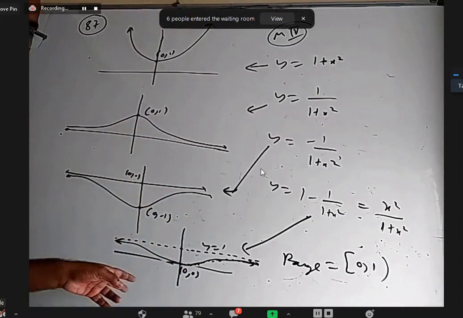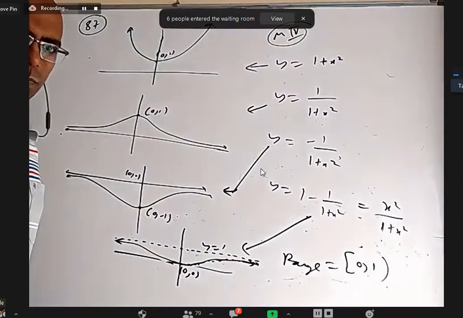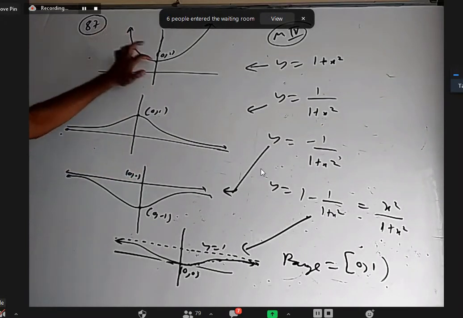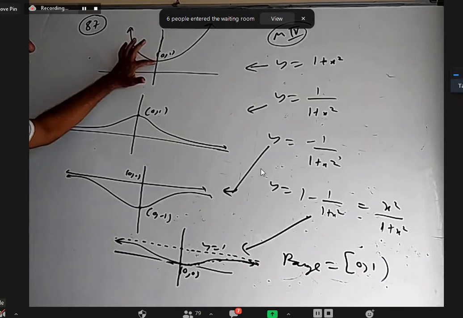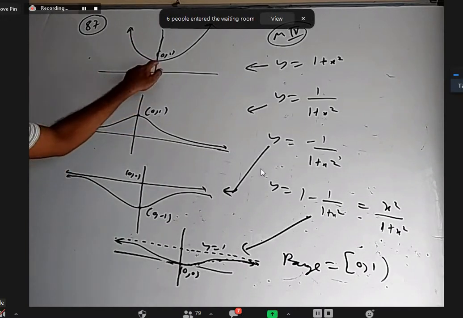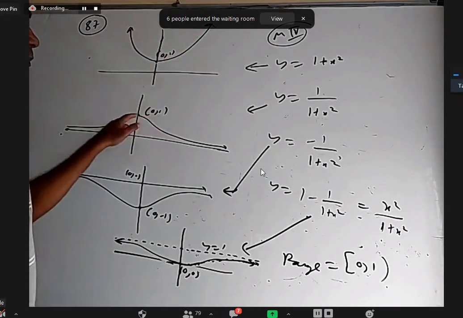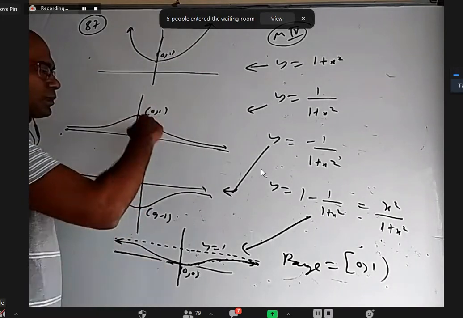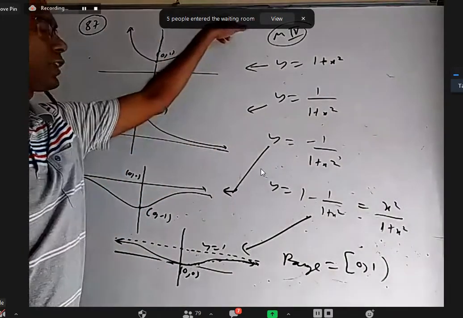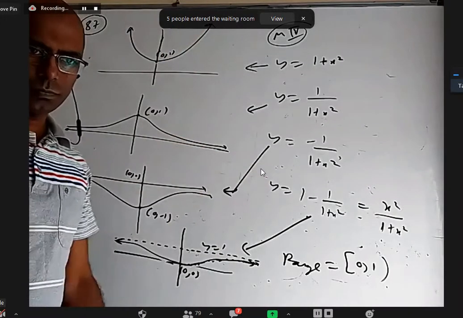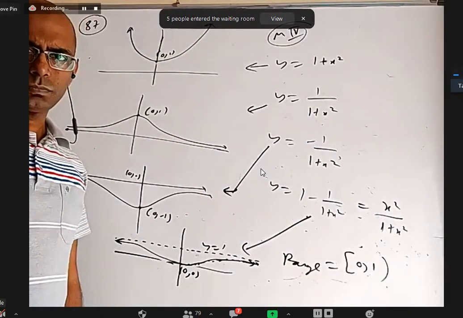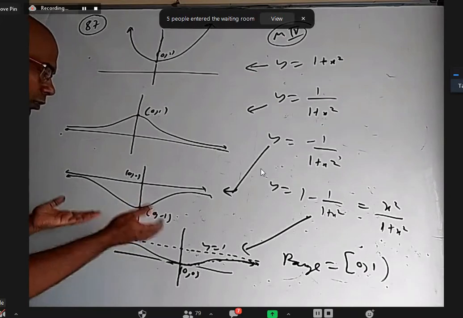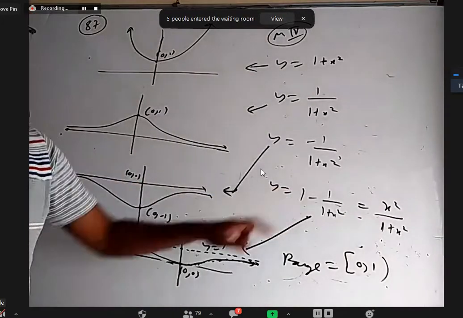So graph, nobody has any objection, right? No, sir. Sir, once explain the second graph, sir. Okay, from here to here. Yes, sir. I want to take all these values and take the reciprocal. Here the y coordinate is 1, so when I take the reciprocal of 1, it will be 1. After that, my y coordinates are increasing, so the reciprocal should be decreasing. You take any positive number and take the reciprocal. As the values increase, the reciprocal values will decrease. Finally, when you reach infinity, the reciprocal will reach 0. Okay. And from here to here, mirror image with respect to the x-axis. And from here to here, moving upward by 1 unit because of adding 1.